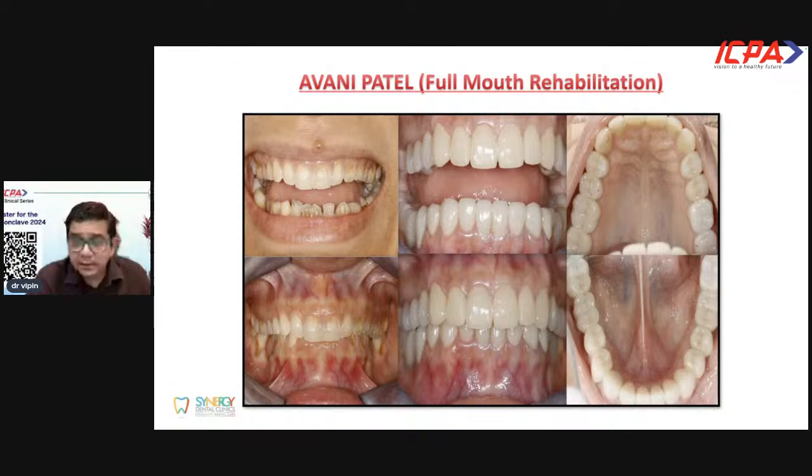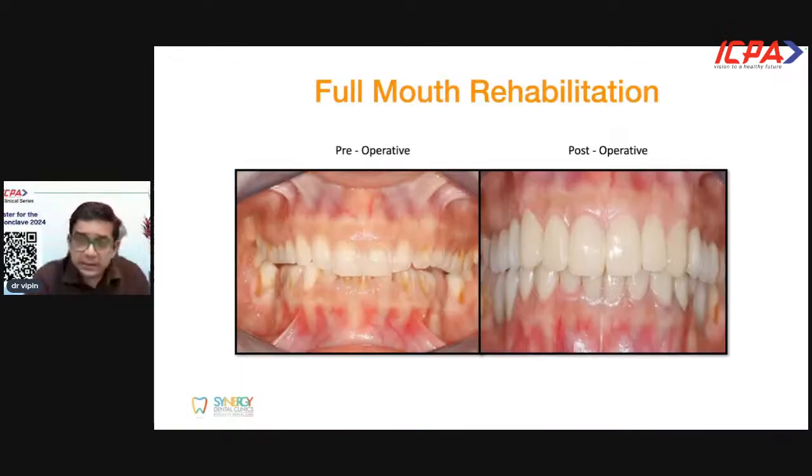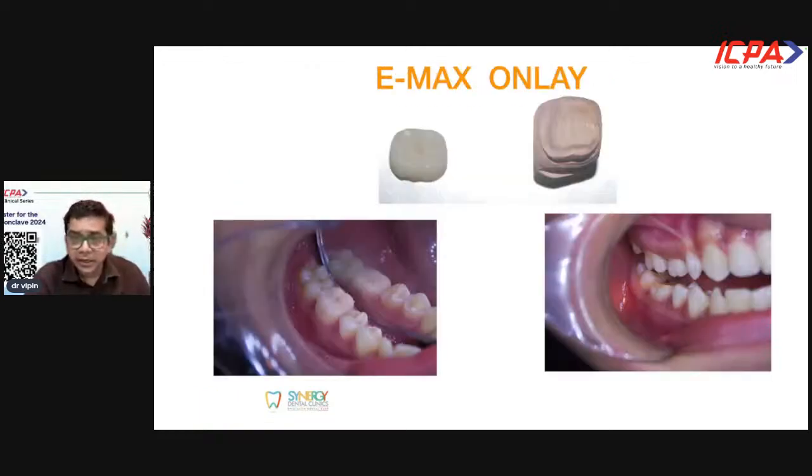And we have been following this case since the last 6 years. Not even one tooth is chipped. Even for posteriors, we have bonded them successfully, and we have got good results. I hope everybody can appreciate the colors, the chain, the bite, everything. All the steps that are required in FMR were done in this case, right? So we started here, and then that's a post-operative. This case was done by Dr. Praveen Salanke with our lab, and you can see an onlay prepared by Praveen, and then given to the patient,